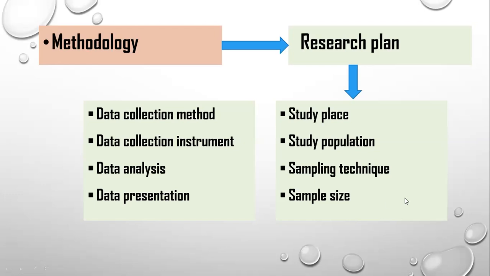I want to mention here one thing, that study population, sampling technique, and sample size are very important. When you decide the study population, you must take a sample from this study population, and the sample is taken by a particular sampling technique. You must mention what technique will be adopted to collect the sample and what the sample size will be, and then the data collection method